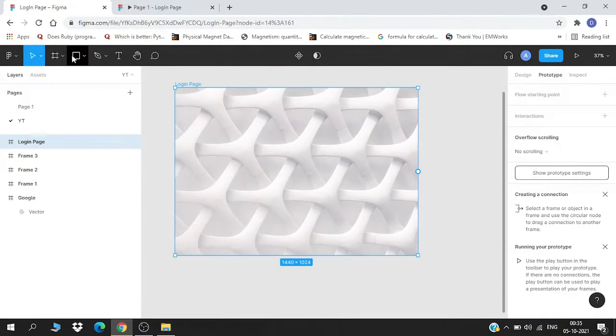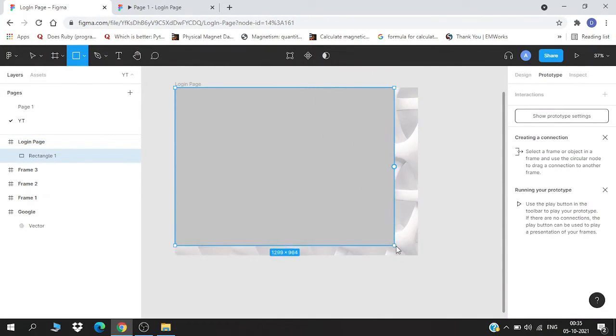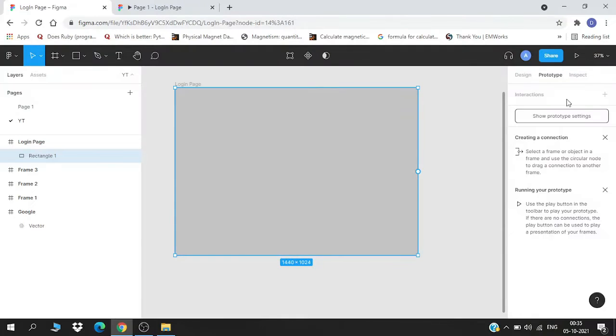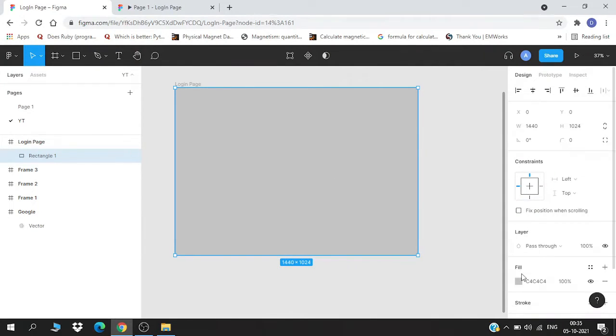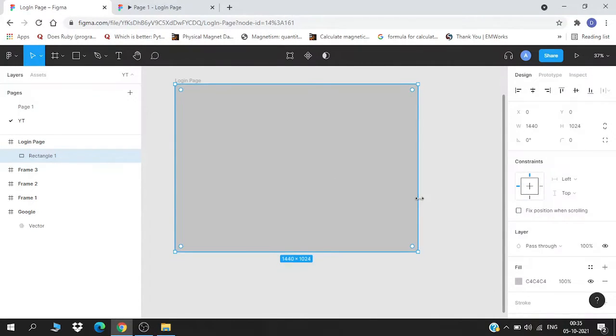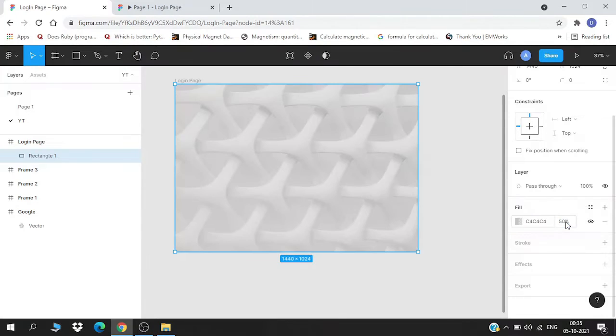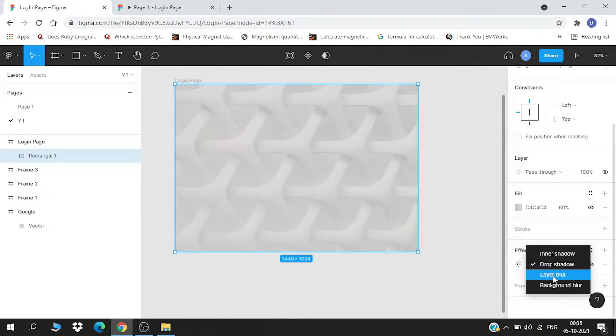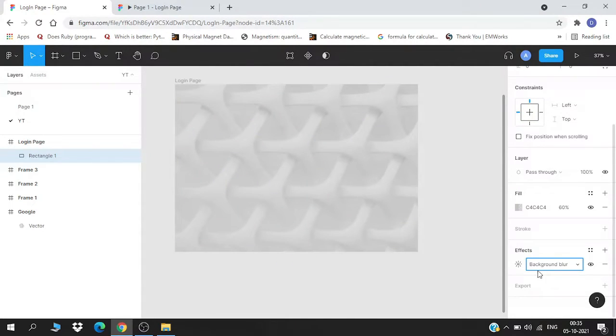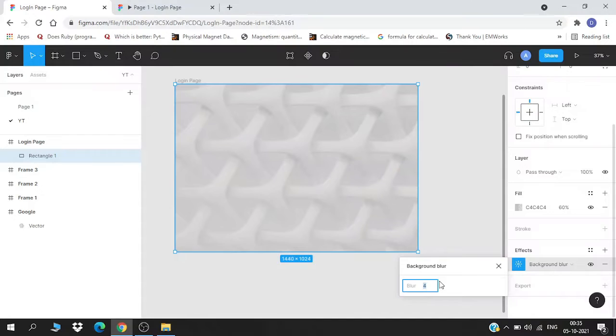So now to give it a little blurry look, I will take a rectangle from the shapes and I will just drop it here entirely, and then I will just reduce its opacity to 50, or let's say 60, and then I will go to the effects and add background blur.